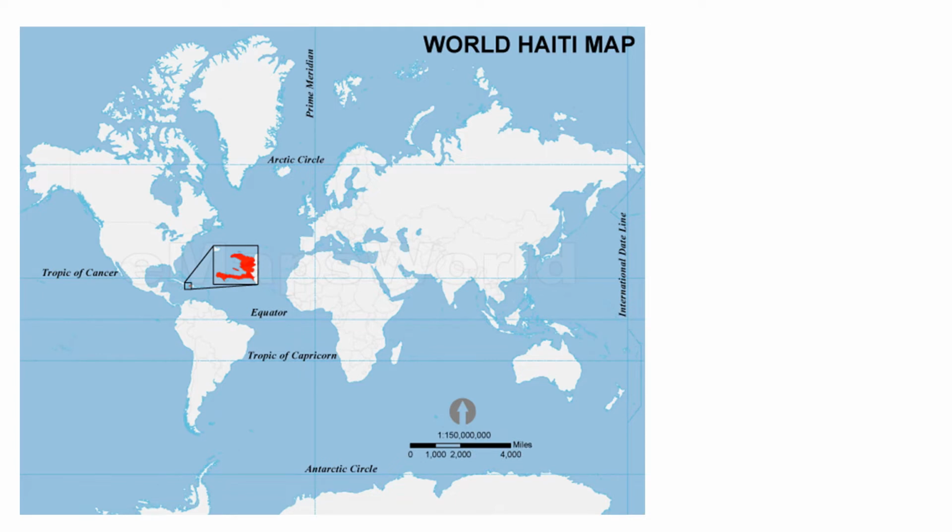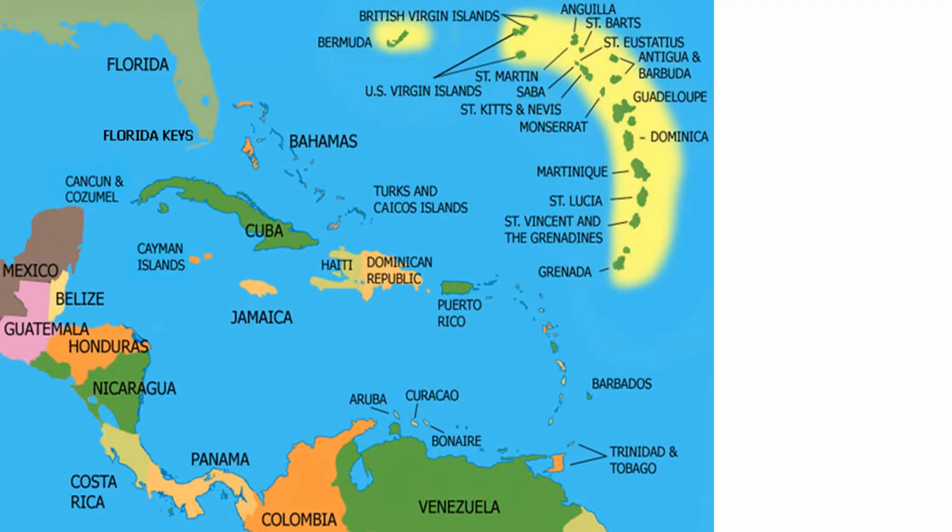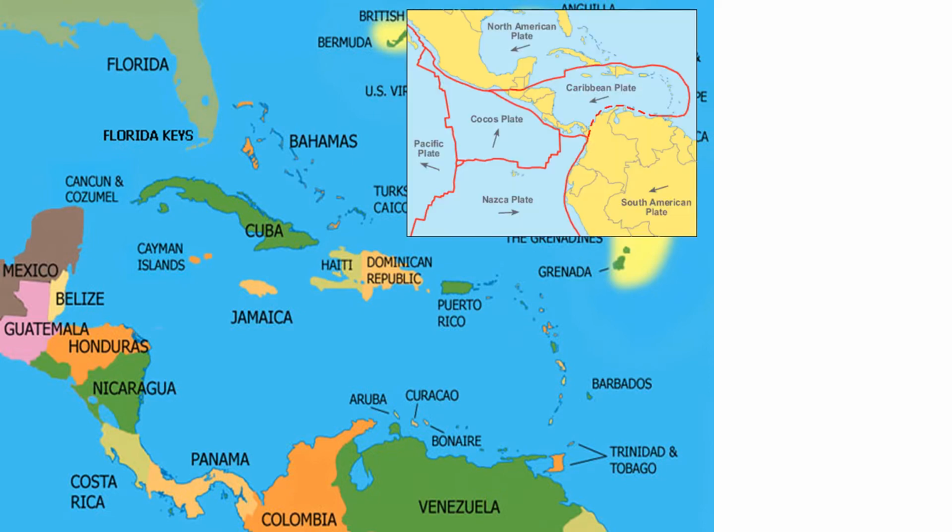So first of all, we need to locate the example we're going to look at. We're going to look at a country called Haiti. If we look at the whole map of the world here, we can see that Haiti is an island, well, half an island actually. It's a country that's attached, if we look very closely, to the Dominican Republic, all the way over in the Caribbean. And if we zoom in a little bit further here, we can see the plates that it's on: the Caribbean plate that is moving towards the Cocos plate.